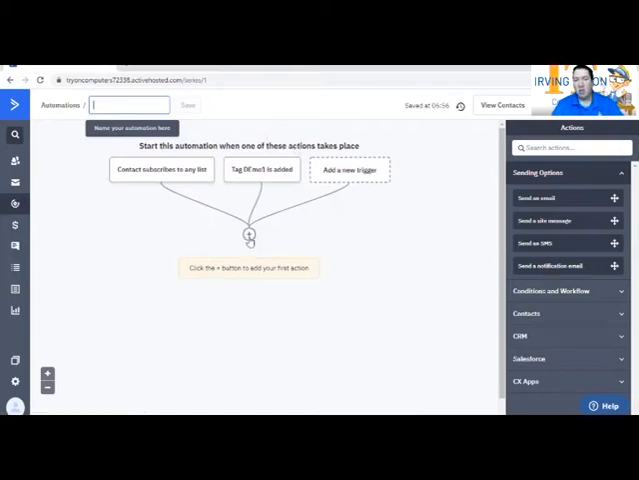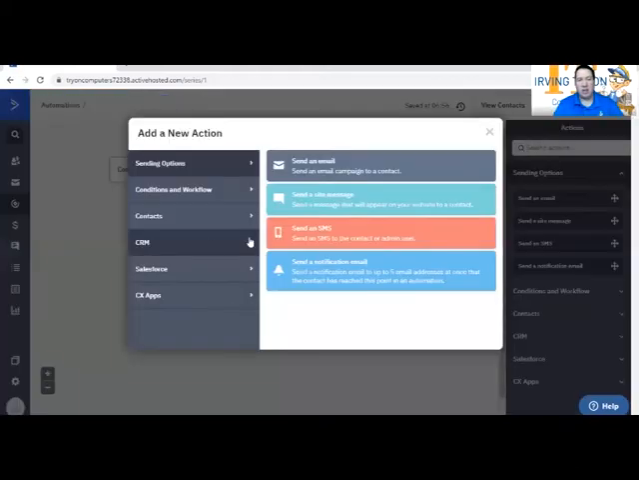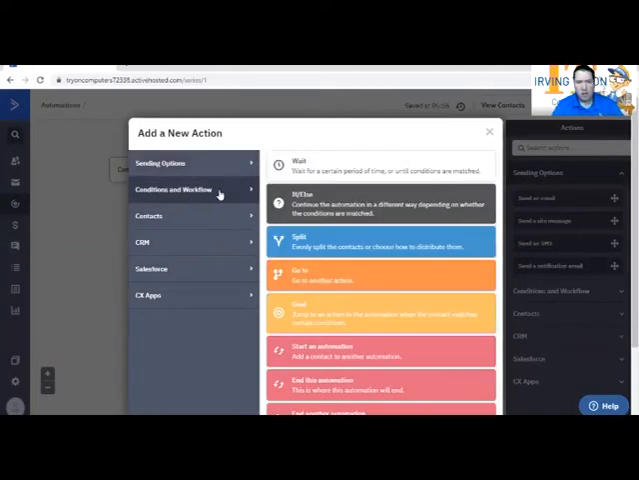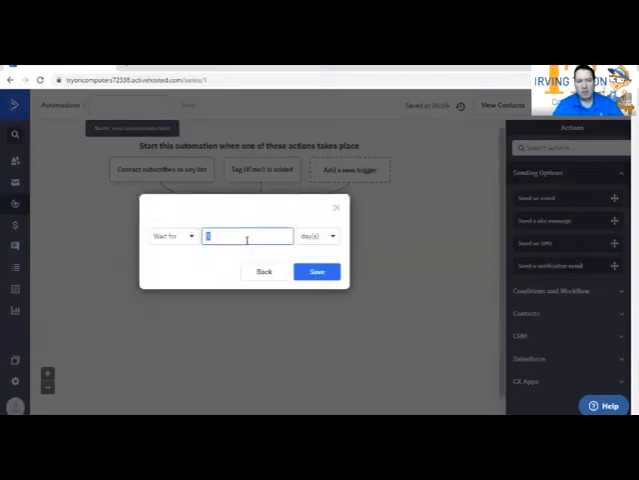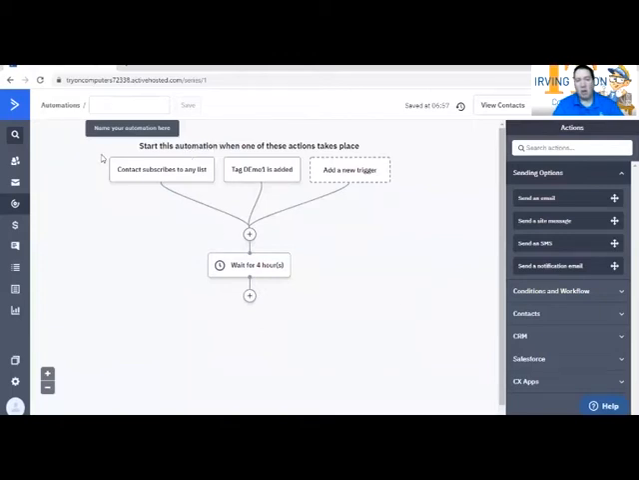So if this is an abandoned cart sequence, we don't want to send them an email as soon as they start the cart, and so we will add something like a wait here. So under here, we've got a wait. We're going to wait for a specific time. We're going to wait for 4 hours. So now any one of these two comes in, we're automatically going to wait 4 hours, and then we'll go to the next